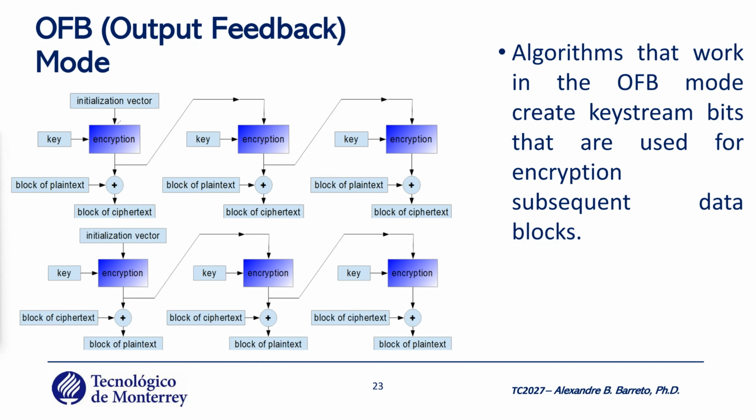In this case, you have the initialization vector, the key, and encryption. But now you get the block of plain text here, okay? In the second part of the operation that you apply with the plain text, you use this part here